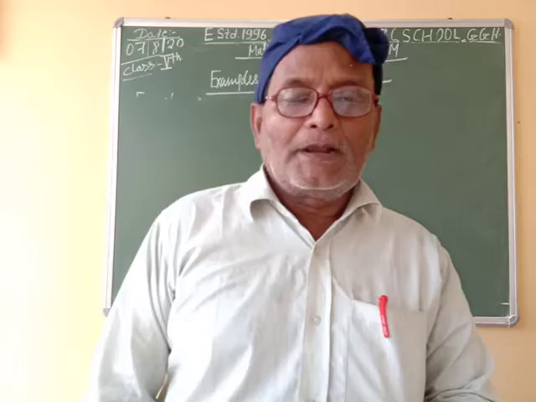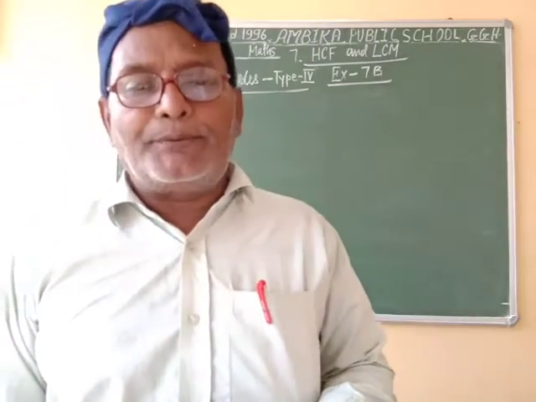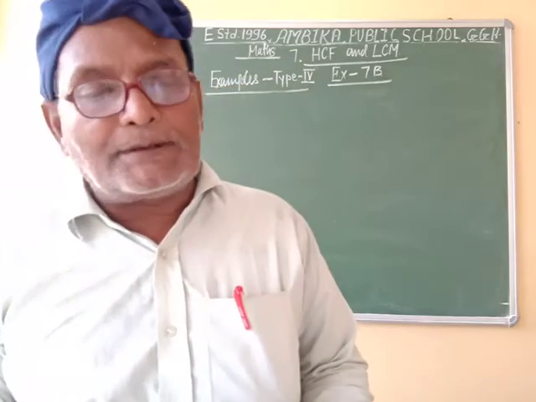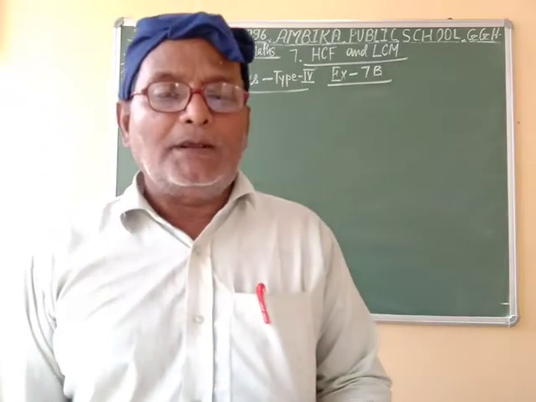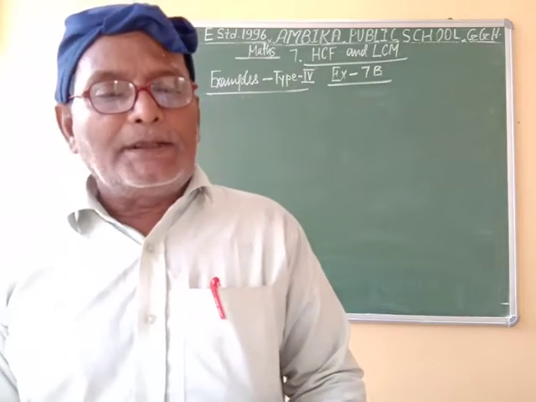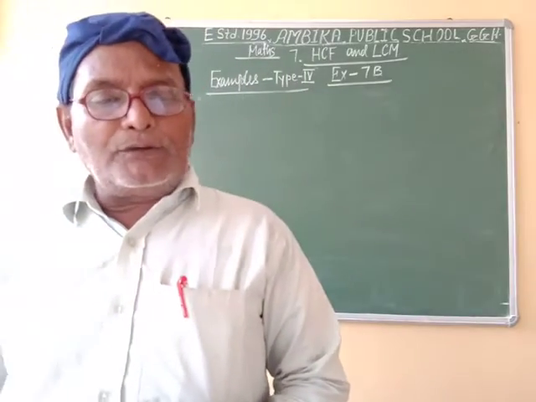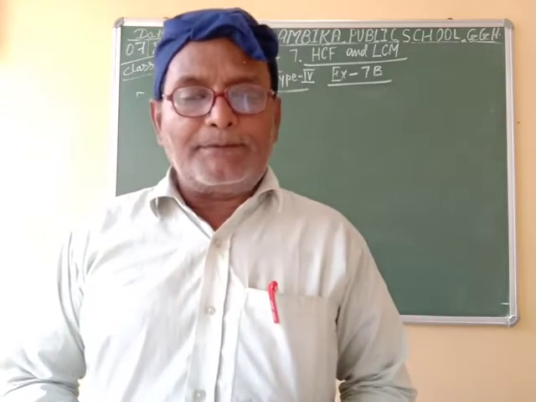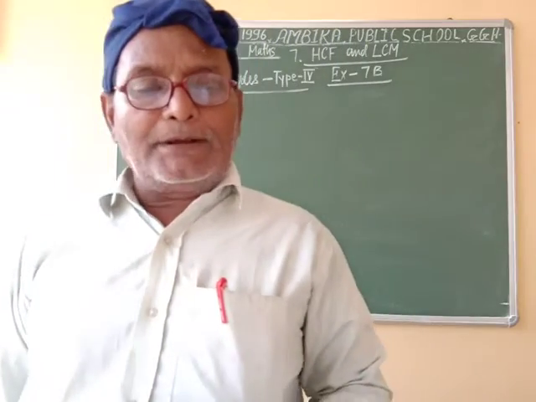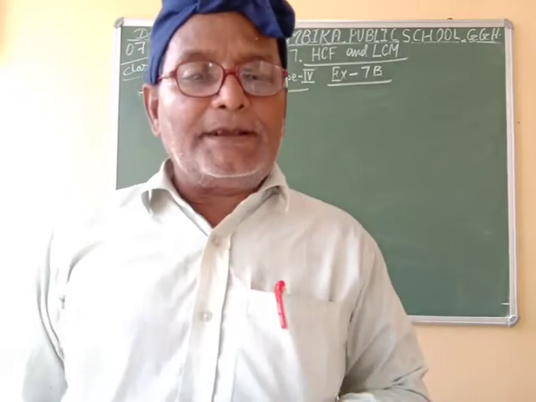Example 16. In a morning walk, 3 persons step off together. Their steps measure 80 cm, 85 cm and 90 cm respectively. What is the maximum distance each should walk so that all can cover the same distance in complete steps? To solve this problem, first of all we find the LCM of the given numbers. The LCM of the given numbers will be the required minimum distance. So it is a very easy problem.